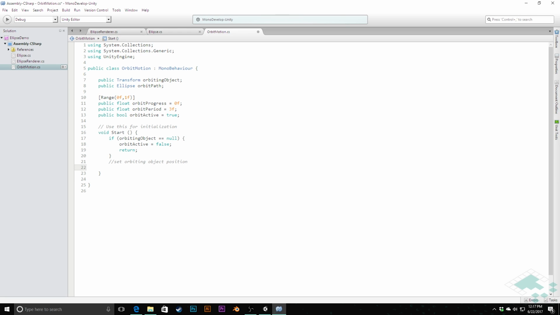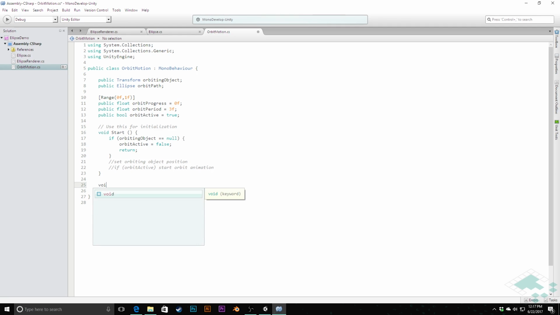And I'm going to also then start orbit animation. And actually that's only going to happen if orbit is active. Because bear in mind, while this will turn off the orbit active if there's no orbiting object, we may also be starting our scene with this set as false for some reason. So we want to make sure we're not setting orbits when we don't want them. With all that in there, now we can actually create this first method that's going to set the orbiting object's